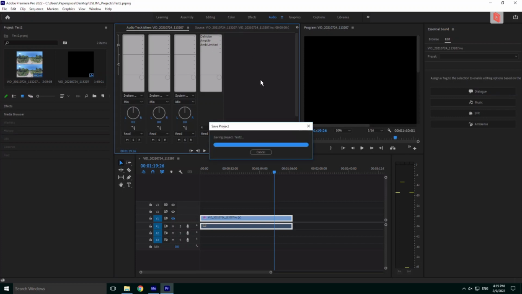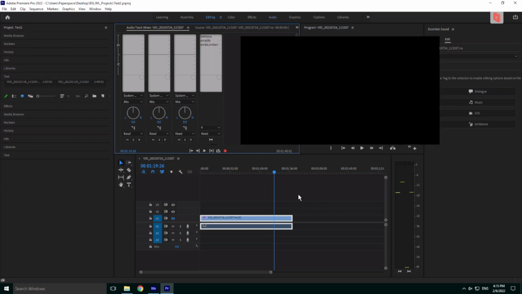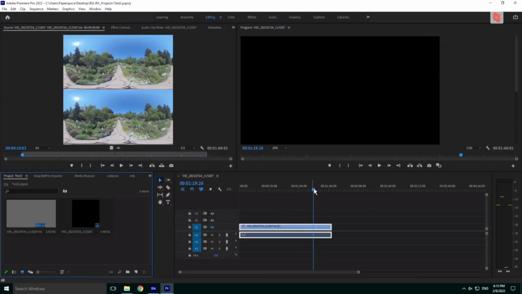So I'm going to save the project again to make sure that I don't lose anything. Now we basically have our whole clip adjusted, and now we just need to make sure that we add the loop at the beginning and the end. The way it works is that we want it to be a seamless loop for the visitors, for the VR users. So the way to do it is we're going to do a 10 frames overlap between a copy